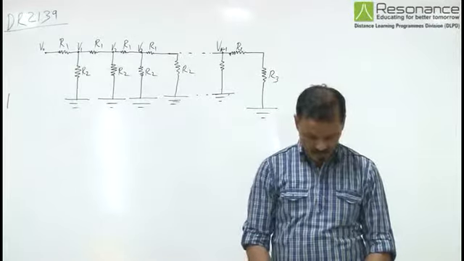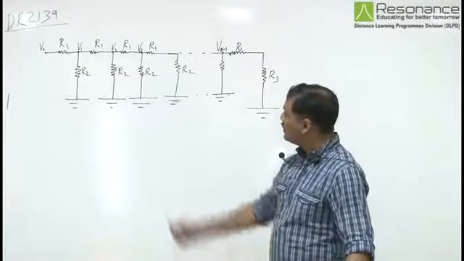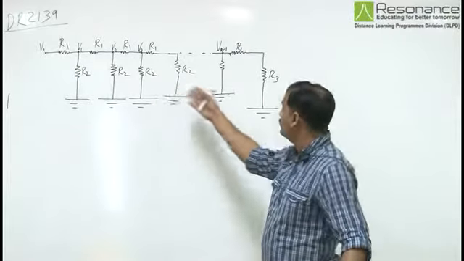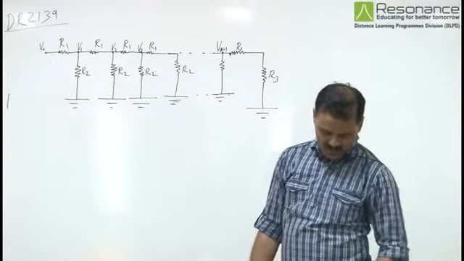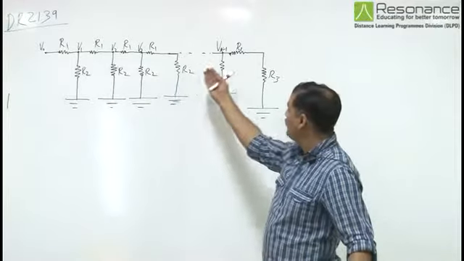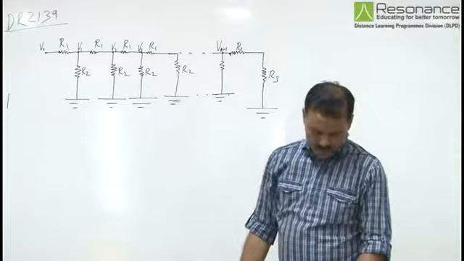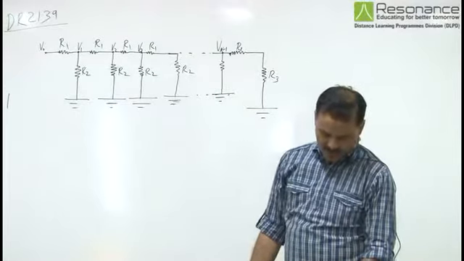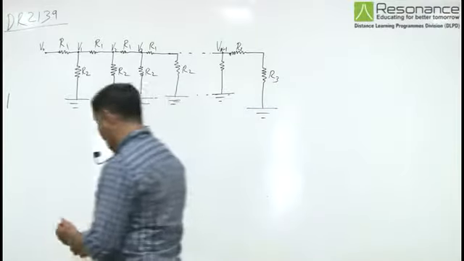Now in this particular question we have a network of resistances. They are constructed by resistances R1, R2 and R3 as shown. The potentials at the points are given to be V0, V1, V2, V3, V4 and so on up to Vn minus 1, each having a potential k times smaller than the previous one. That means